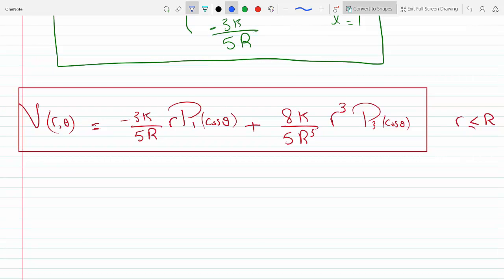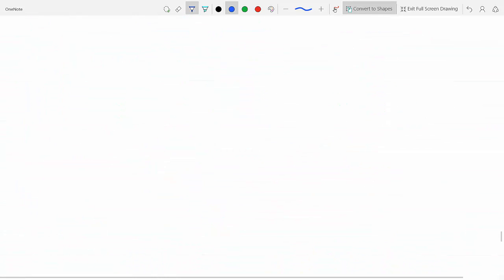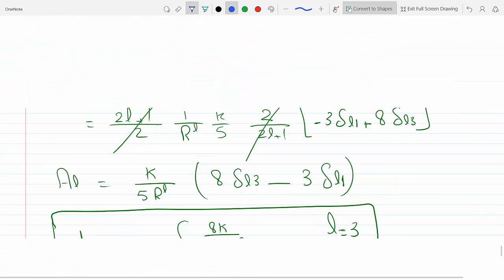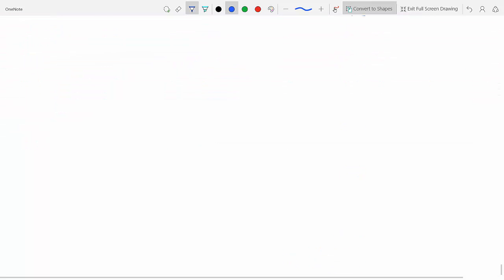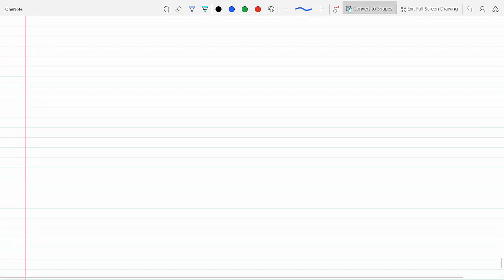So we can say V(r, theta) continuous across the surface, which means they have to be equal when small r equals big R. So that means we got for small r,